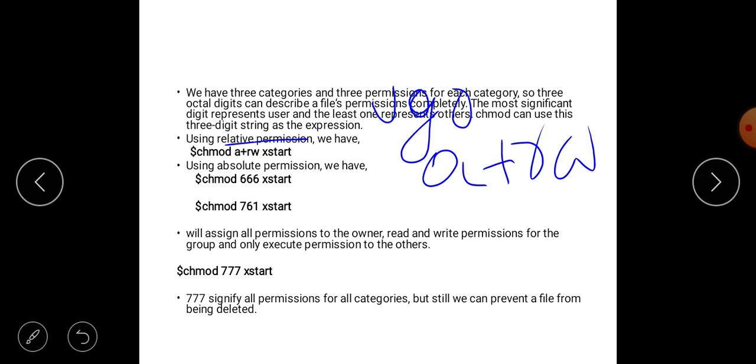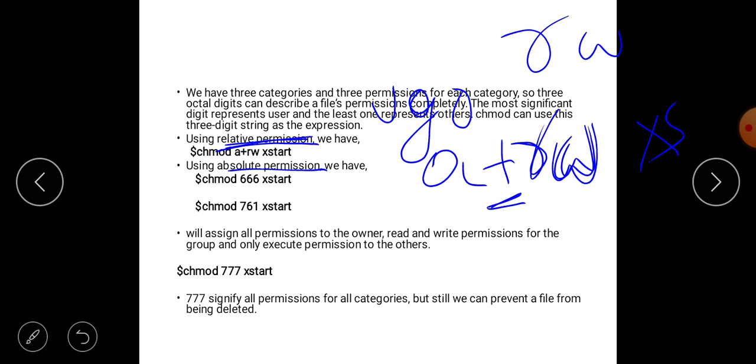For all 3 categories, user, group and others, we add read and write permission. In absolute permission, how can we add read and write permission for all 3 categories? By representing it using octal numbers.